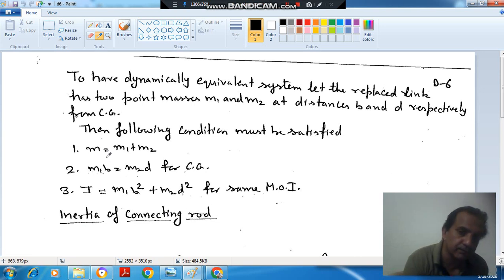So there are three conditions for a dynamically equivalent system. The first condition is m is equal to m1 plus m2: the total mass of the two bodies should be the same. Second, m1 b should be equal to m2 d. If the masses are placed at the ends, this condition should be satisfied for the same CG. Third, both bodies should have the same moment of inertia, that is, I is equal to m1 b square plus m2 d square. That is for the same moment of inertia. So now we consider